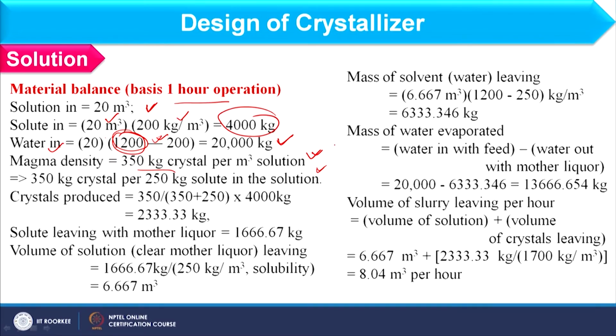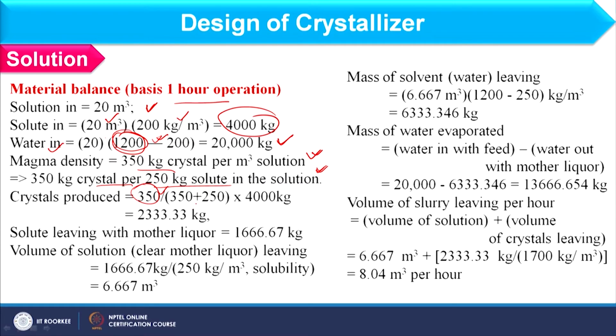So, at saturation condition, what can we consider? That 350 kg crystal per 250 kg solute in the solution. So, what will happen? We have 350 kg crystal and 250 kg solute. If I consider how much crystal should be formed, that we can calculate as 350, that is crystal